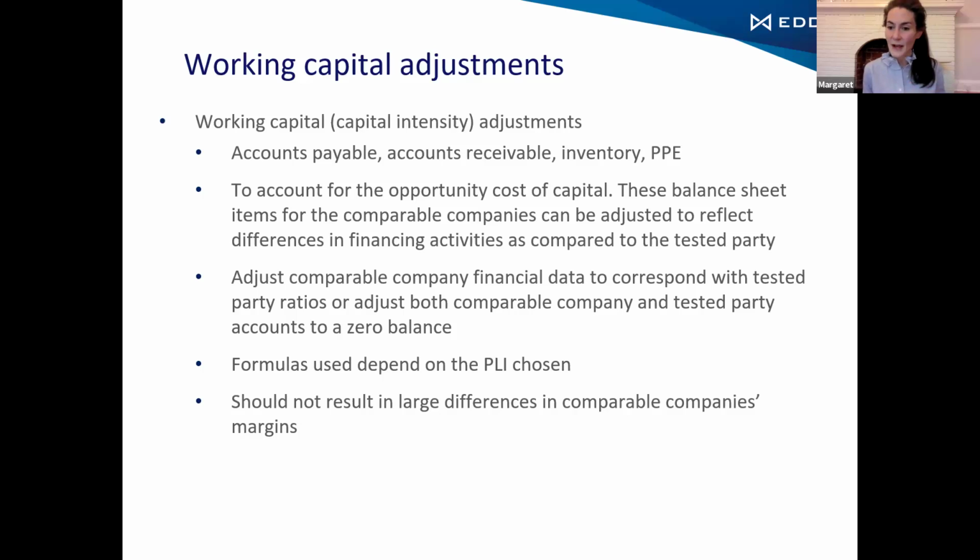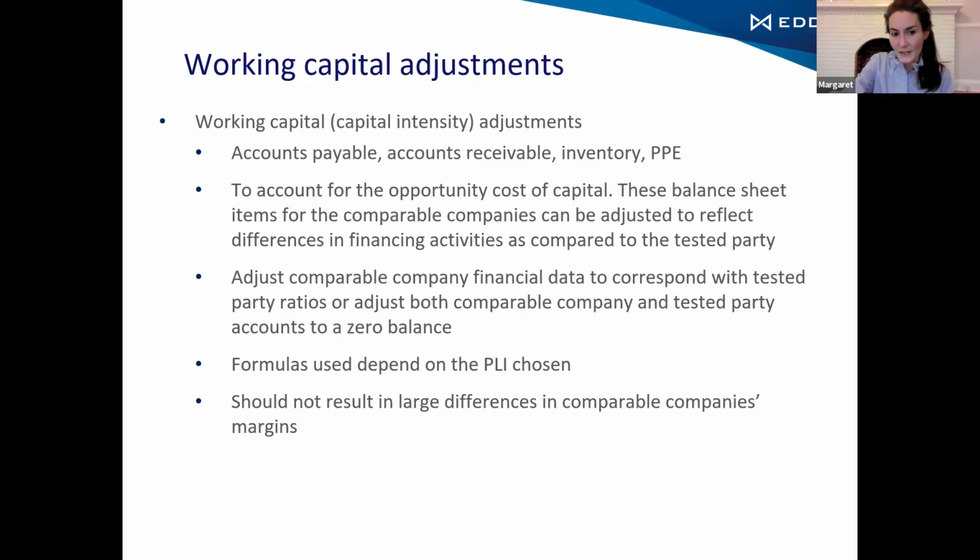If you use a CUP method, then the comparability threshold is so high that you are expected to not need to make adjustments. You can, but that makes the results more open to question. So for all of these adjustments, I'm specifically thinking about the TNMM method.